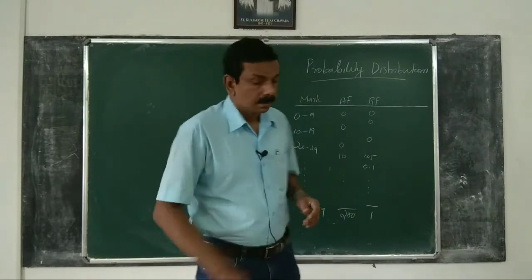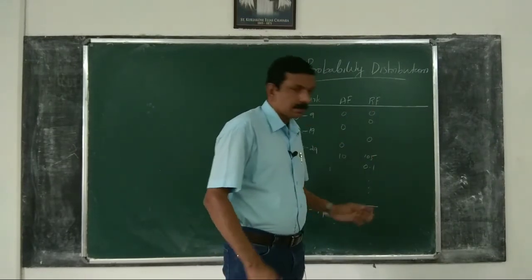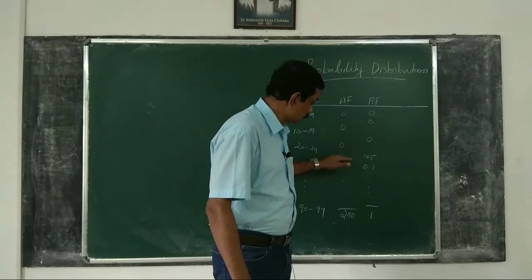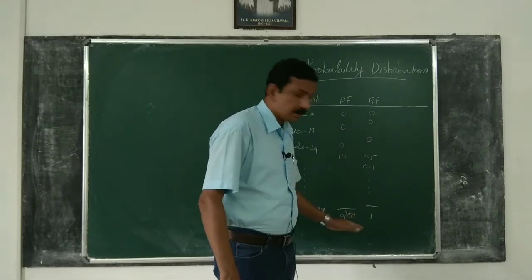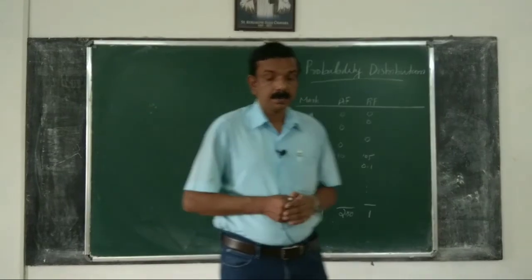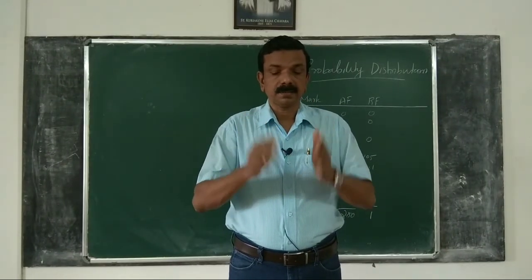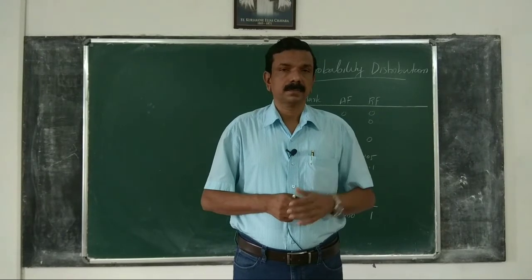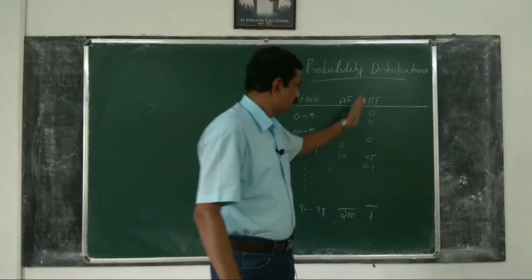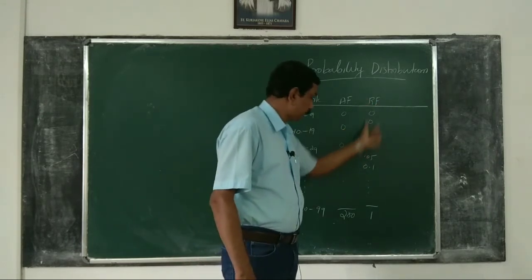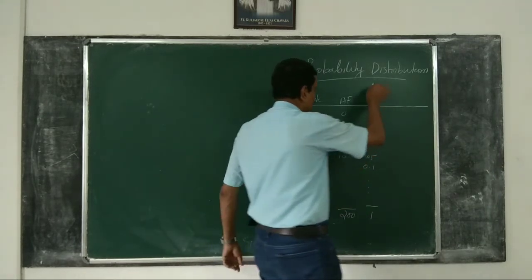Then, relative frequency is obtained by dividing each by the total frequency, and is the probability if number of trials is sufficiently large. So actually, for our purpose, we simply define relative frequency as probability